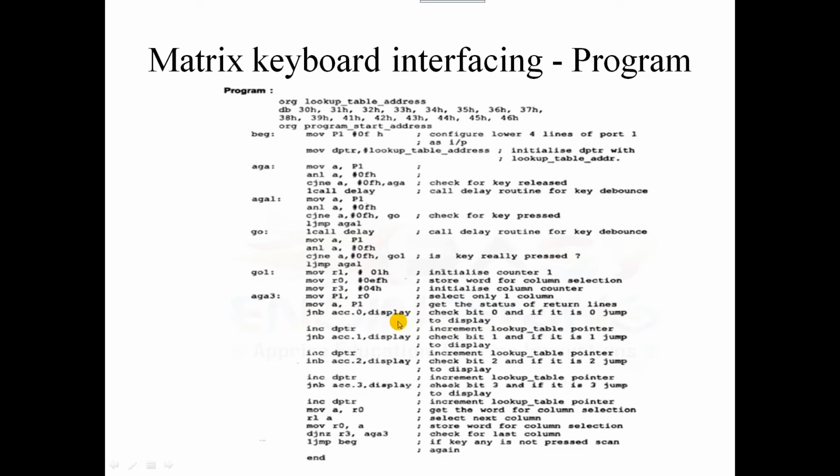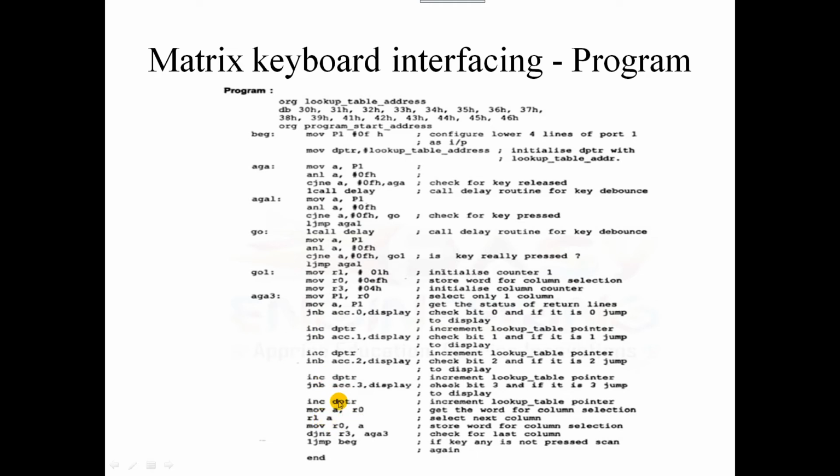Then we are going to check whether the bit is 0 or not. If that bit is selected, then we will be having 0 on that particular bit. If that is selected, then the particular lookup table address is going to be selected by checking whether the bit has been selected or not. That is done in these particular steps.